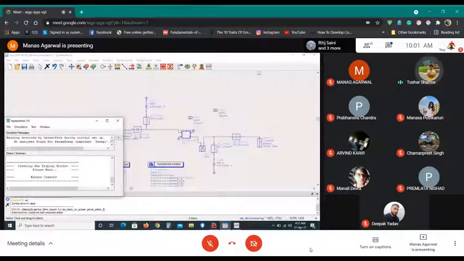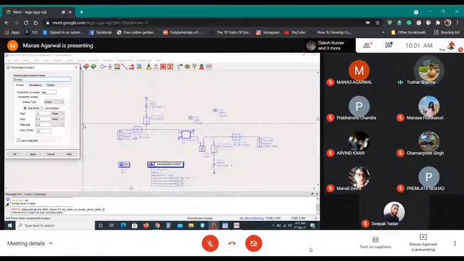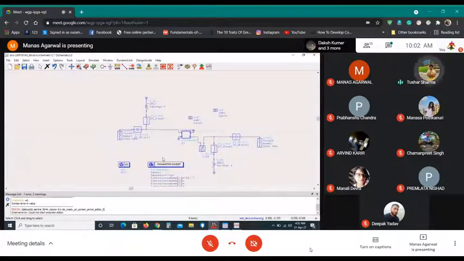Click parametric sweep. Double click that. So let's see what problem you are having here. You are saying sweep VGS from -2 to 2. Oh, there is a space between DC and 1 in your sim instance name. Cancel this. Go to sim instance name and there is a space between DC and 1. That space should not be there. Exactly. Now run it again.